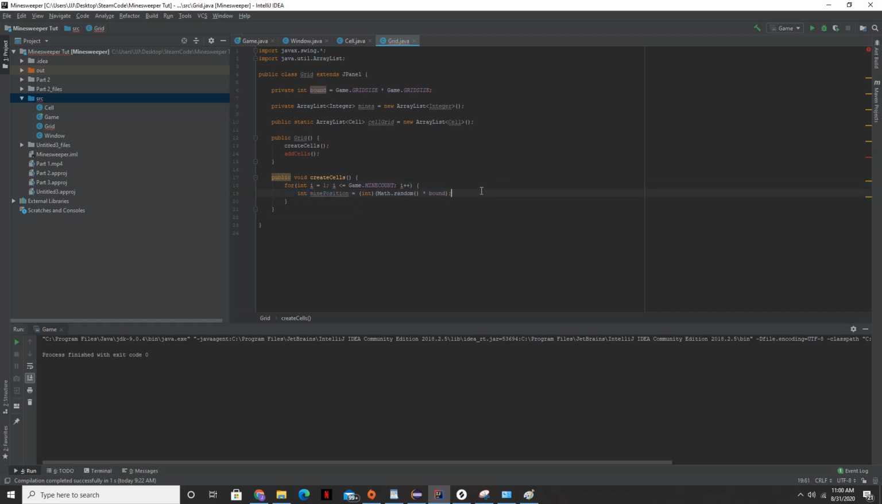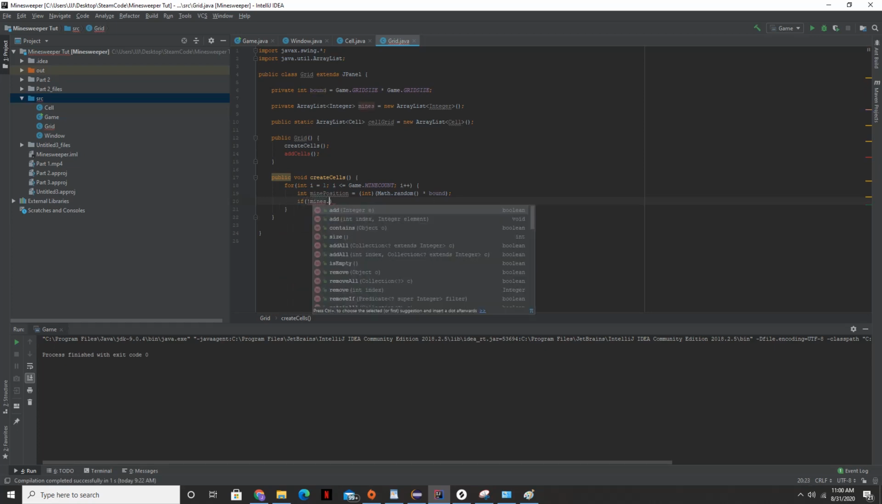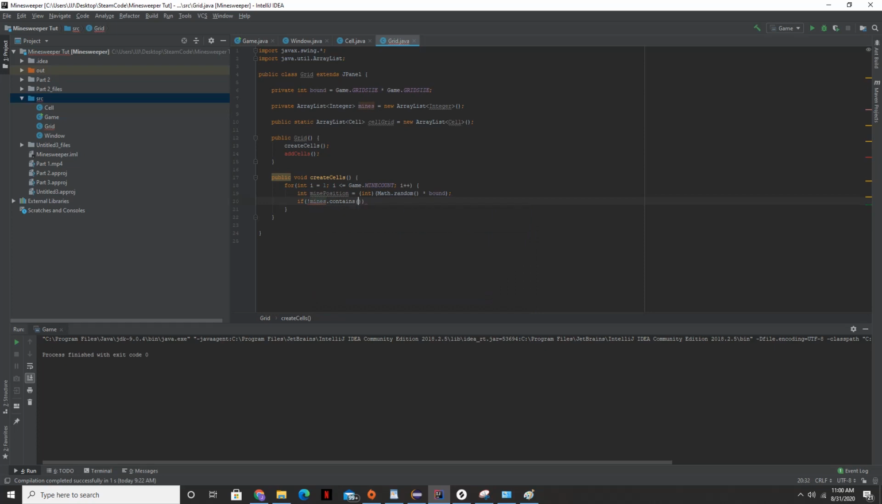Okay, then we're going to need to check to see if the random number is a duplicate random number, right? Because we don't want to have two mines in the same place, because then that'll create problems for us. So we're going to say if not mines.contains, that'll basically look to see if we have this number called mine position, if that number is contained in our mine array list. Okay. So if that's not the case, that means we have a unique value. Then we're going to say mines.add